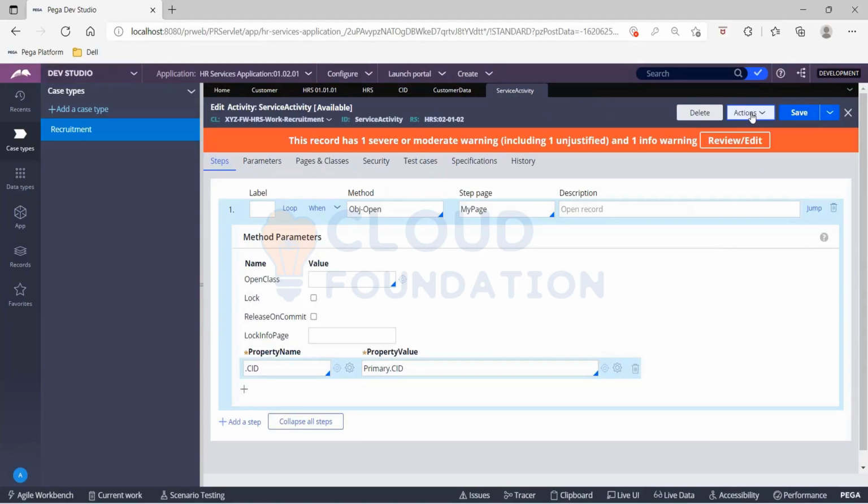Now I'll try to run the activity. It will ask me for a CID definitely. CID here is the input. My output is on my page, which is a step page. Generally, step pages are considered temporary. They are likely to change the context. What we do is,